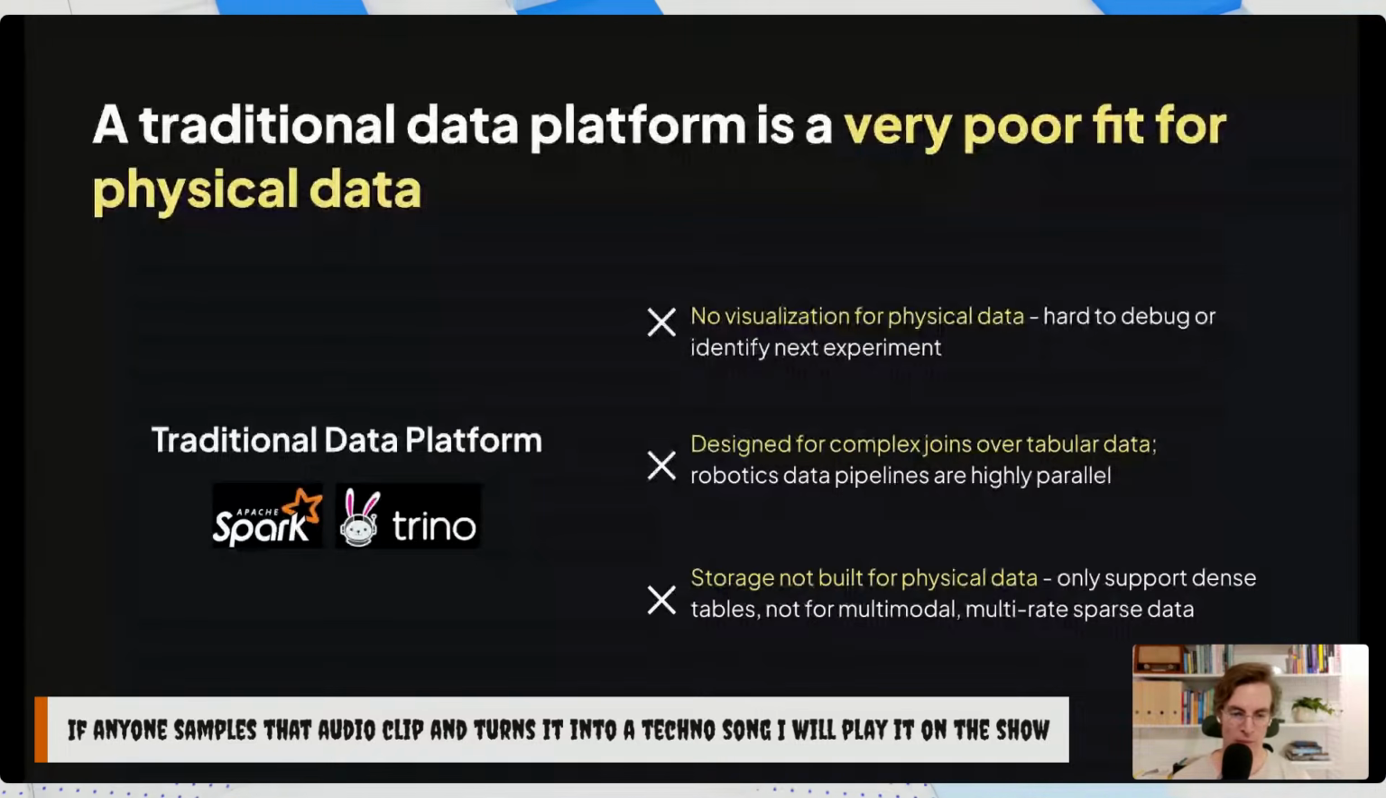They're designed for large scale, sort of enterprise data, really, where the biggest problem is these complex joins over time. And in robotics, we don't have that problem really. So robotics data pipelines tend to be super parallel and have different difficulties. So you actually don't get a lot of the strengths from those well-tested and mature